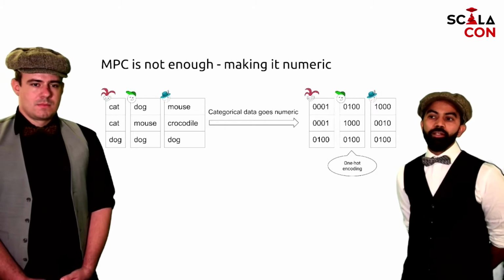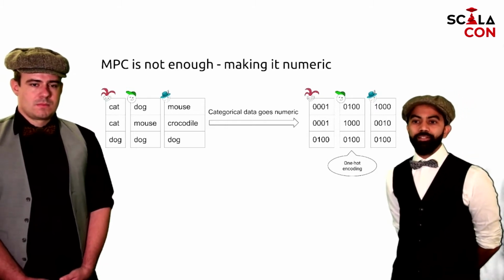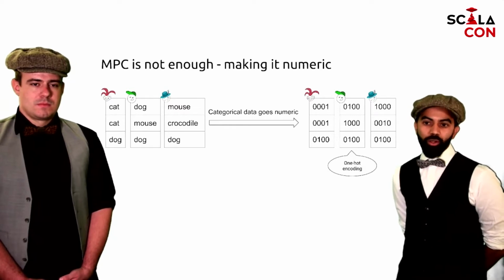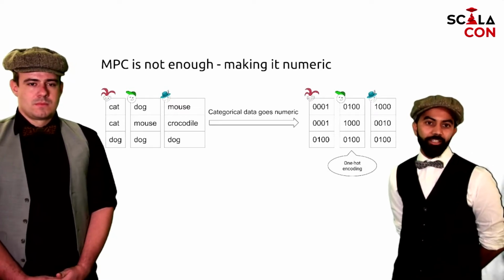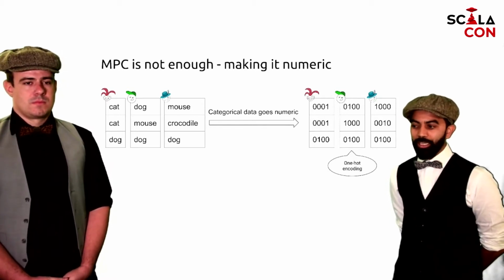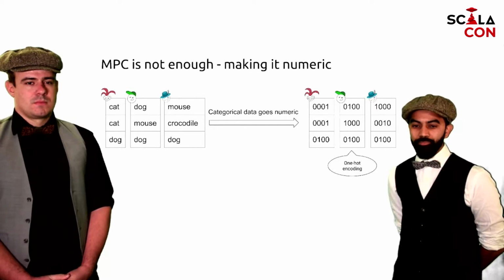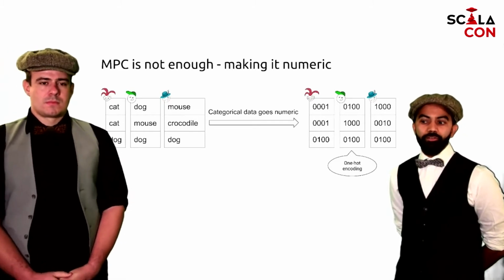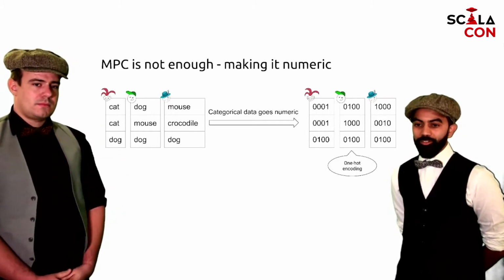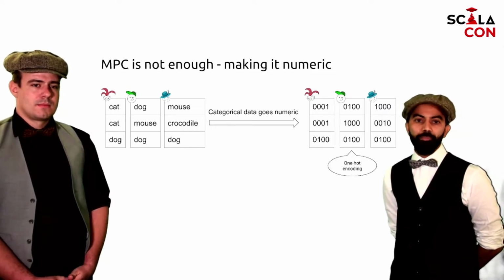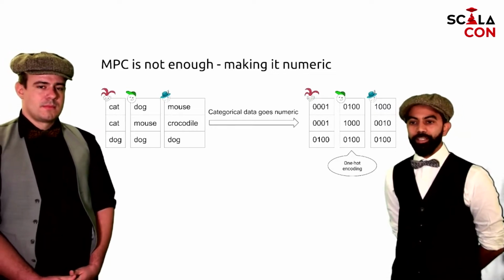In data processing pipelines, and even in general plain text ones, one thing that people often do is convert categorical data into numeric before running a machine learning algorithm on it. And a classic way to achieve this is called one-hot encoding. So given a complete set of categories, what you do is you create a mapping between every single element of the set and some number.